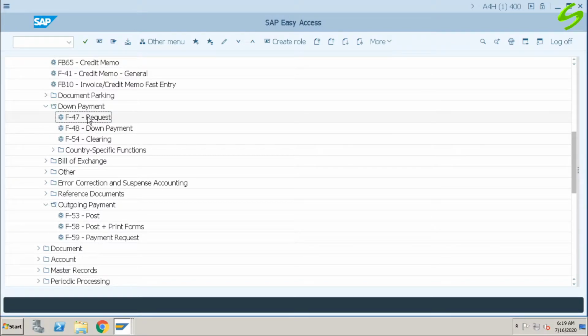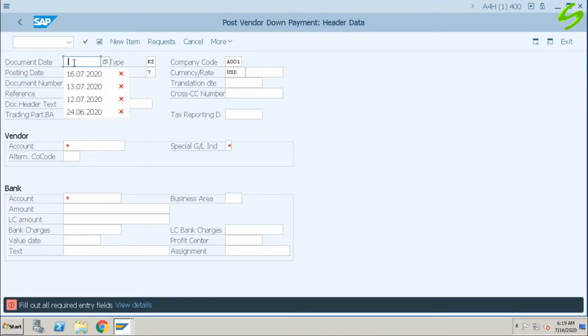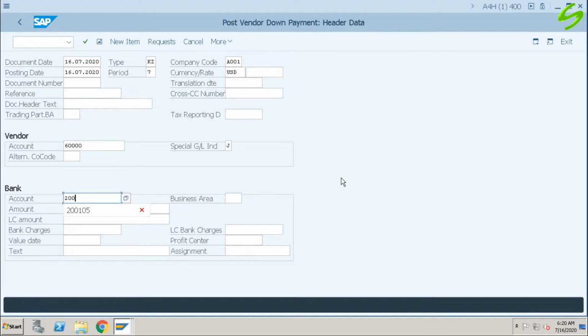We have already done the F-47 request. Now we'll do a down payment using F-48. Enter the date. Vendor account is 60000. Special GL indicator is J. Bank account is 200, not 5.